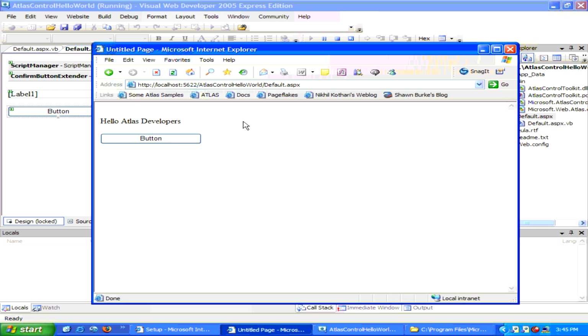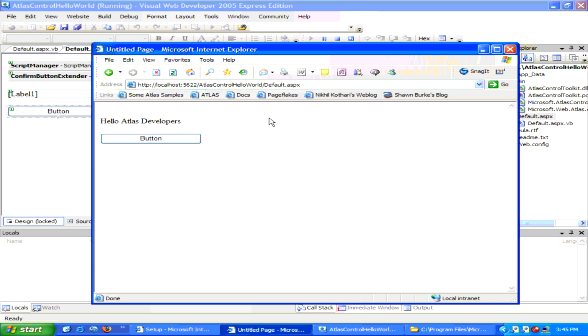What this means is that by virtue of using this confirm button extender, we get client-side behaviors in generated JavaScript. And if you're a JavaScript developer, you might look at this and say, well, creating a confirm dialog in JavaScript is not that difficult. And you're right, but we get two advantages using the control extender instead of writing custom JavaScript. The first is that we don't have to write custom JavaScript. In fact, we can use the Visual Studio or Visual Web Developer-based design experience that we're used to without having to write custom JavaScript and then include that JavaScript in every page whose buttons we want to have this confirmation